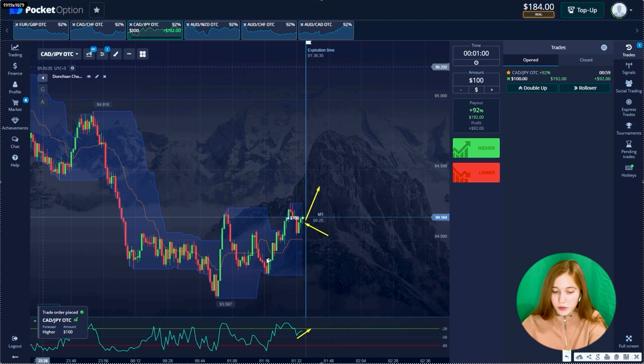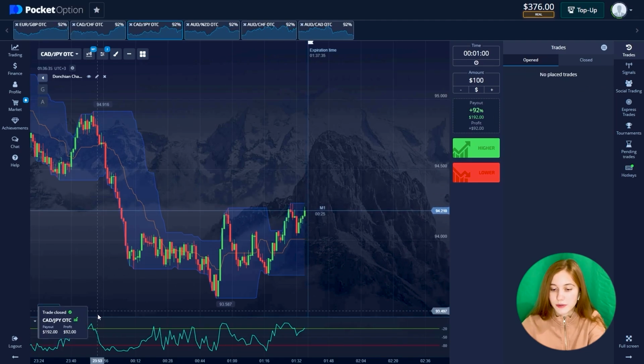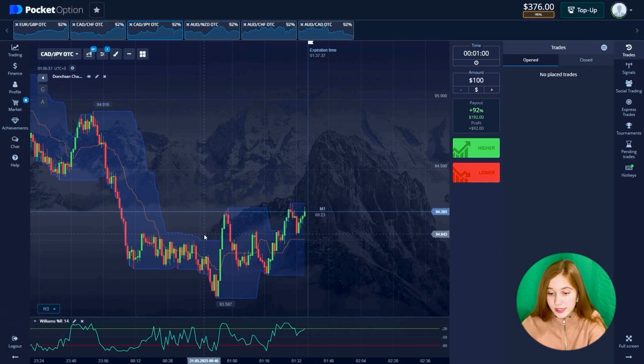Yeah, we're going to the overbought zone. We are in the upper limits of this indicator. Let's see, 3 seconds left until the end of our deal. Great, this deal is also closed plus $92. So what we see, our balance is